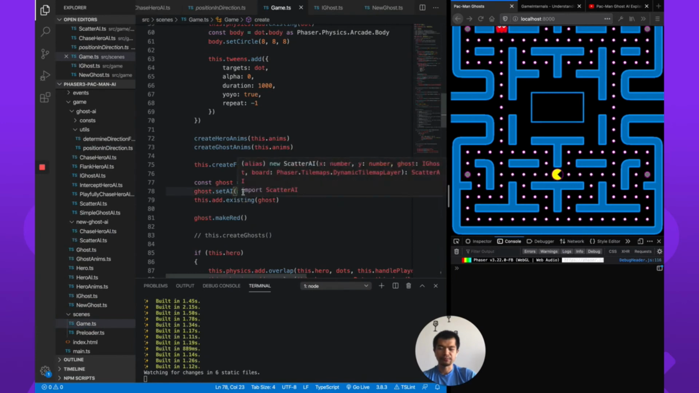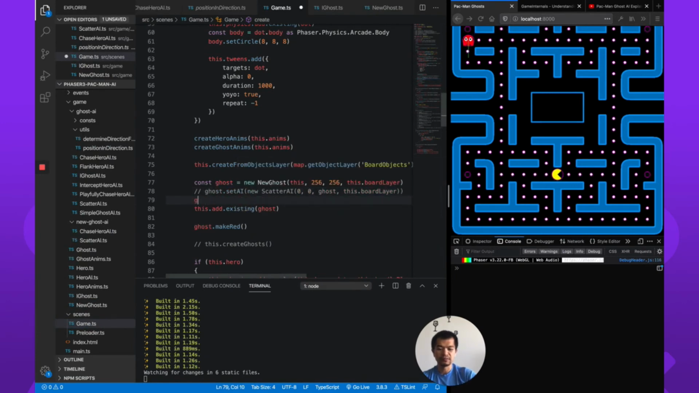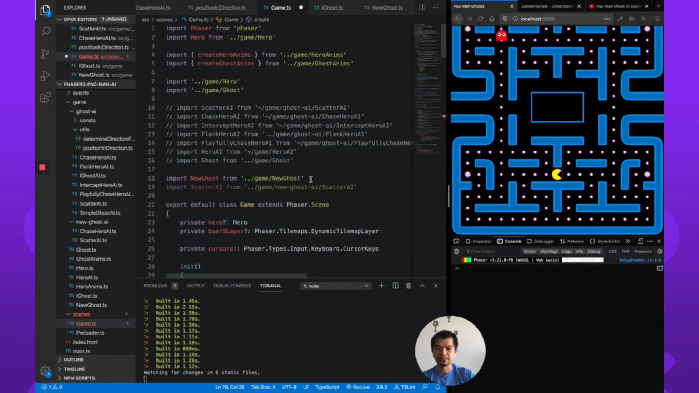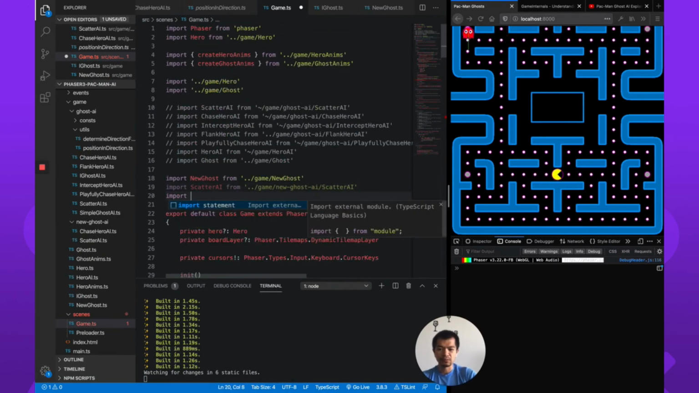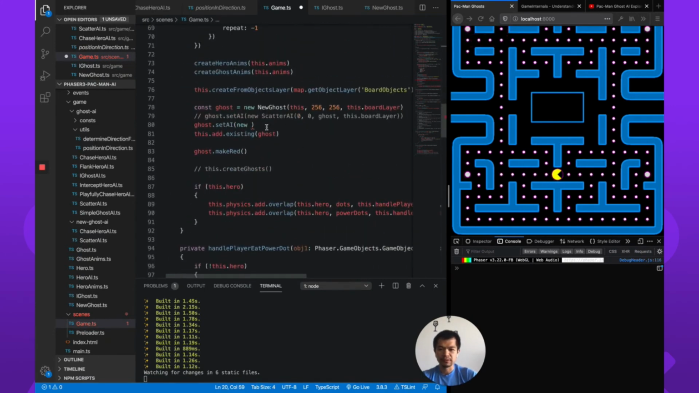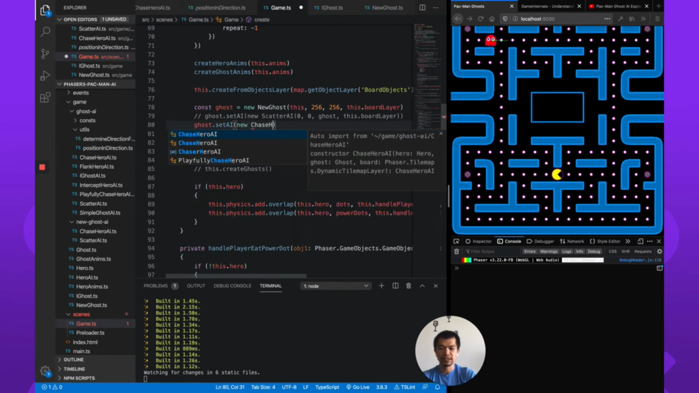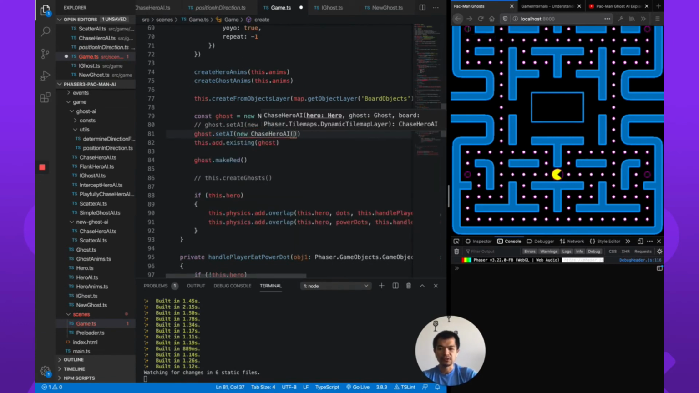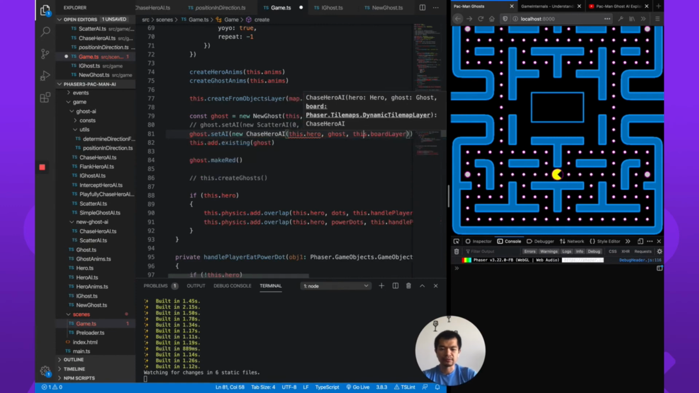So I'm going to come here. So instead of this, ghost.setAI new, let's just import it manually, import ChaseHeroAI from game, our new ghost AI, ChaseHeroAI, back down here. So new ChaseHeroAI, the hero is going to be this.hero, and then ghost, and then this.boardLayer. Okay, so ghost,